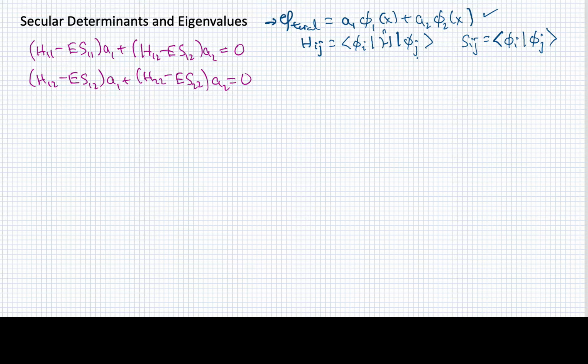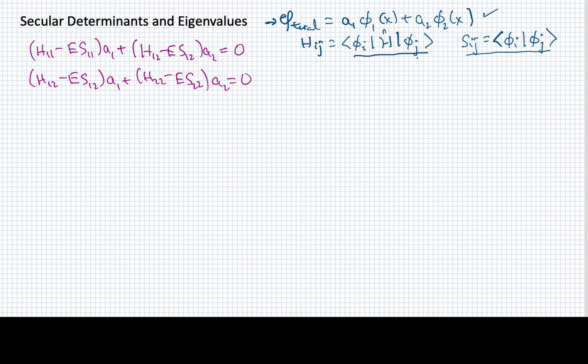Now, once we've defined this trial function, we can use those basis functions to calculate these numbers, Hij, which is the Hamiltonian sandwiched between two of those basis functions, or the overlap of two of those basis functions, Sij. Once we've defined those parameters, we can then develop our expression for the expectation value for the energy